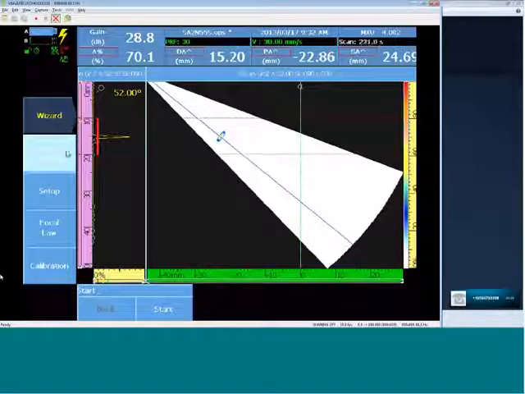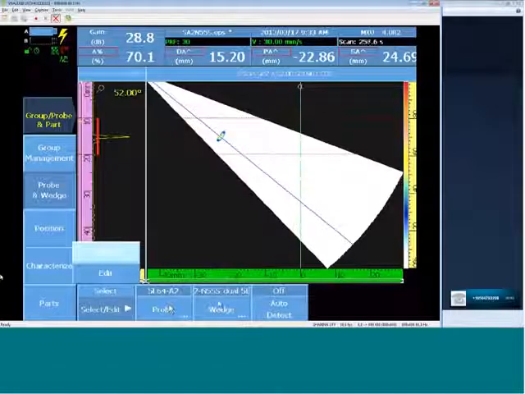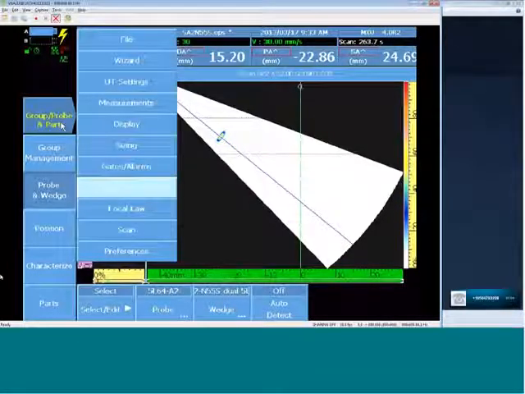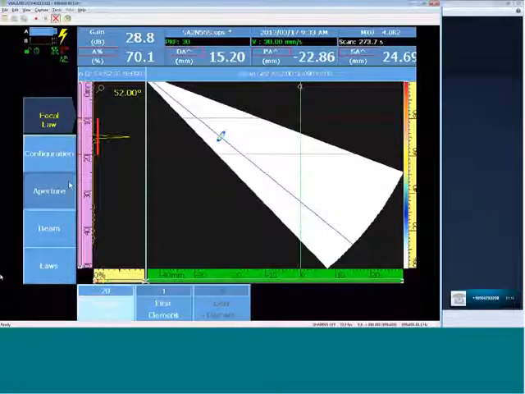So to review what we've been working on, and all of these come from the wizard parameters, we have a 5L64 probe with a basic shear wave wedge installed. These were all completed during the wizard. In our focal law, we programmed a sector scan on pulsar 1 of the instrument. We're using a 20 element aperture. So in this case, we're simulating a ½ inch probe. 0.6 millimeters times 20 equals 12 millimeters. So we've designed about a ½ inch probe and a standard 45 to 70 degree sector scan at a 1